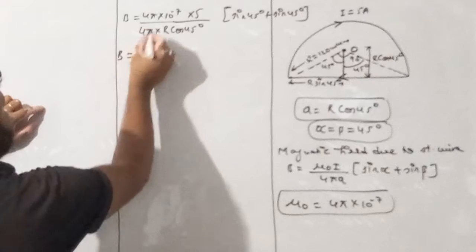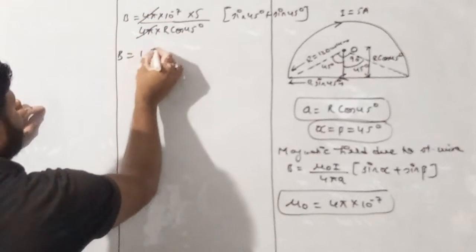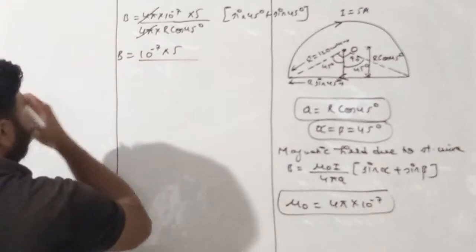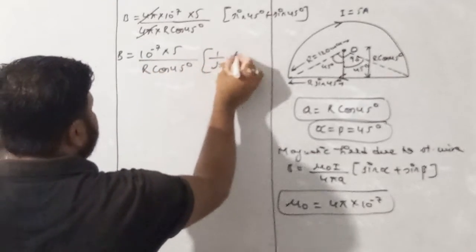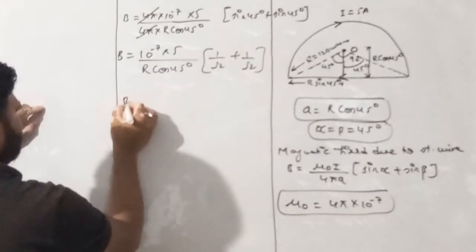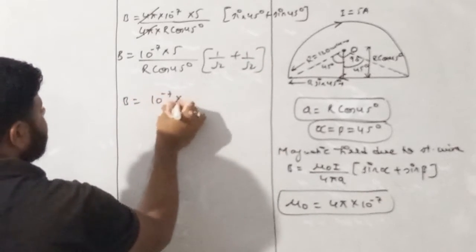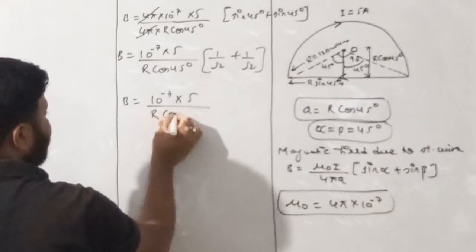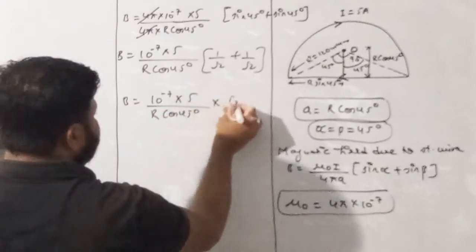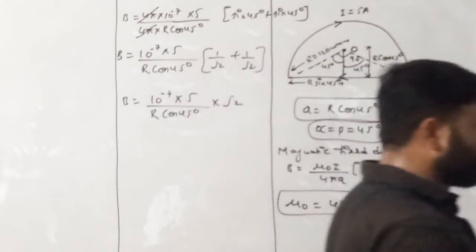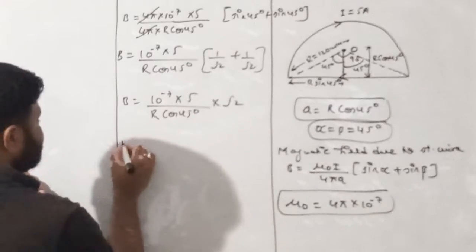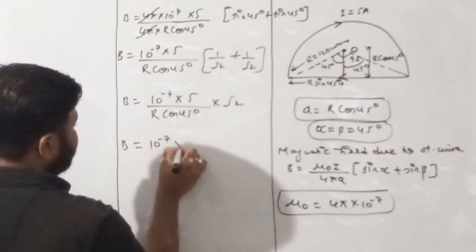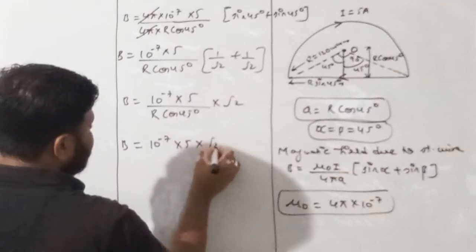So B is equal to, 4 pi gets cancelled, 10 raised to power minus 7 multiplied by 5 divided by R cos 45, times 1 by root 2 plus 1 by root 2. So 1 by root 2 plus 1 by root 2 is root 2. So 10 to the minus 7 into 5 divided by R cos 45 multiplied by root 2. Now we'll put the value of cos 45, which is nothing but 1 by root 2. So B is equal to 10 raised to power minus 7 multiplied by 5 multiplied by root 2,